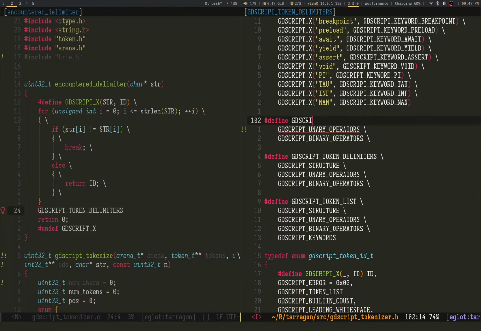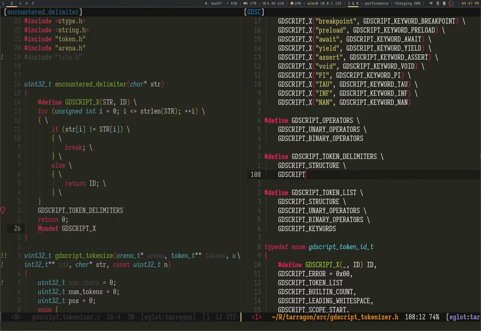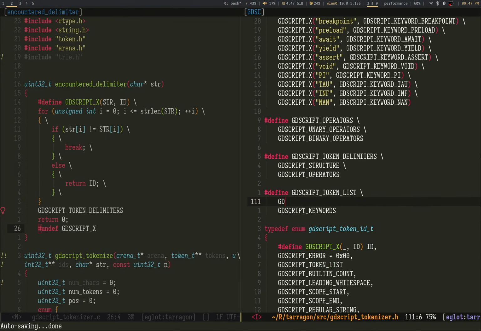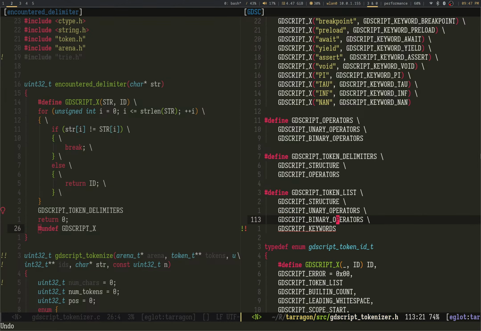Fine, GDScript. Nice. And we just GDScript operators. GDScript token. Actually, I like that.